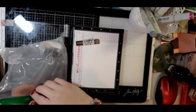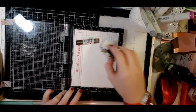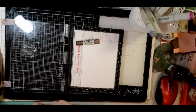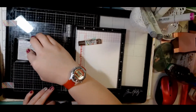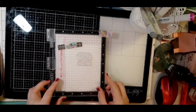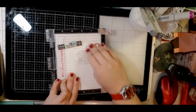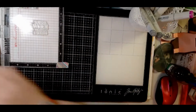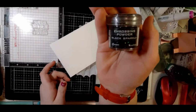and then I'm going to dust down that with my Embossing Buddy so that we don't get any stray embossing powders. Then I'm going to ink up the stamp with my Versamark Embossing Ink, and I really want to ink it up well. Then I'm going to stamp it down, kind of smooth my fingers over it to get a good impression. Now I'm going to take it out of my MISTI and sprinkle it with